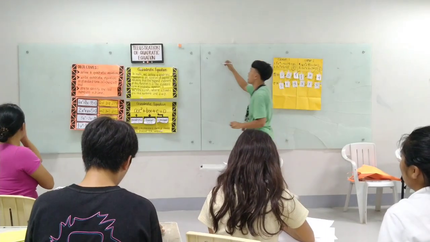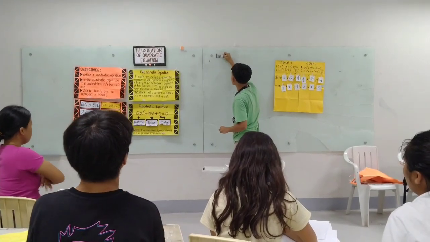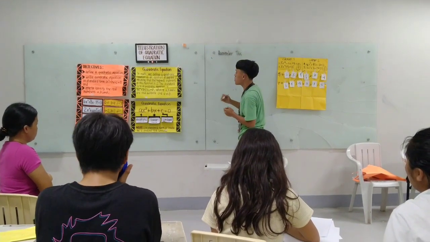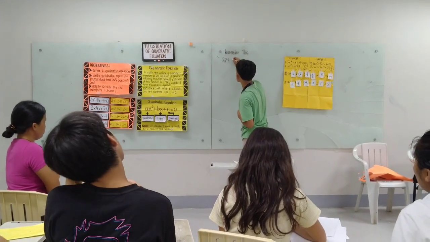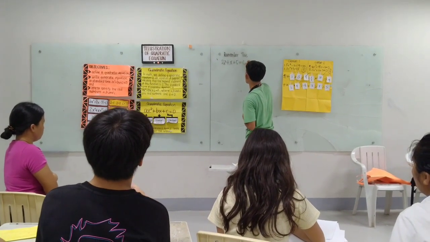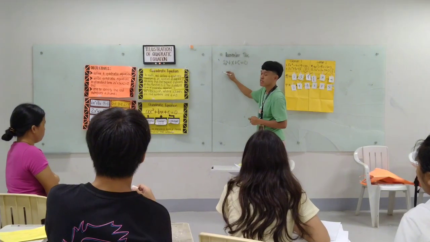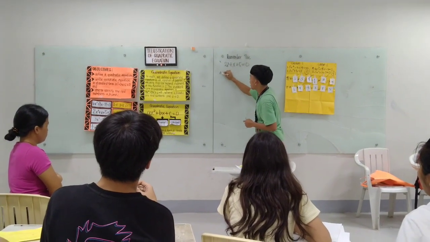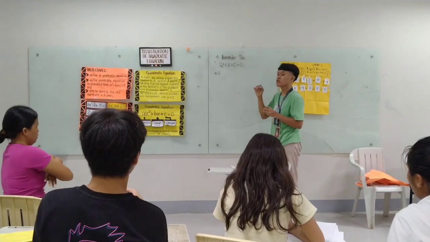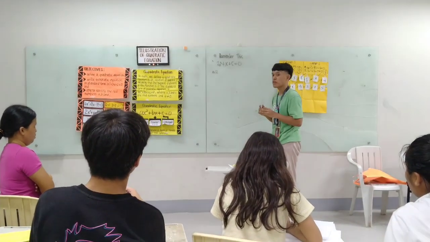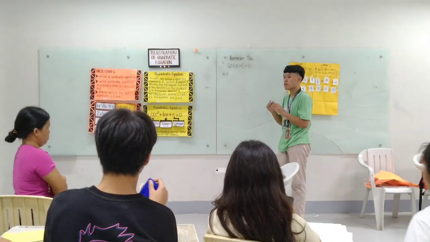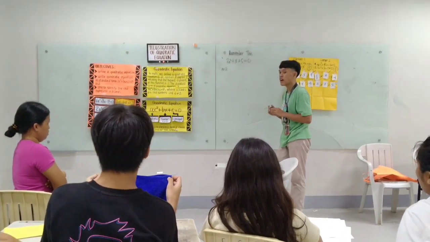So to end this lesson, remember this equation: 2x squared plus 1x plus 5 is equal to 0. So our A here is 2. The question is, if ever A is equal to 0, is it a quadratic equation or not? Very good, because if A is equal to 0, it will be a linear equation.